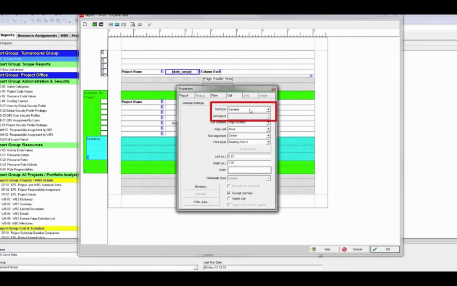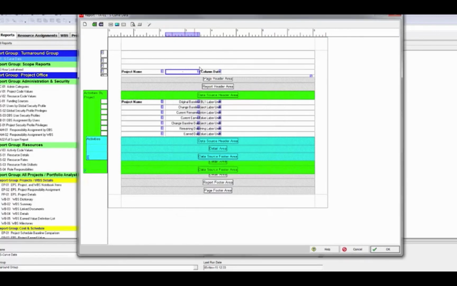Take the cell type field and change that to custom text. And then down here in the third field down, just put a dash or something. And what we've done is we've removed the timescale range and we've replaced that with a dash. Now when that comes over to Excel, Excel is going to treat that as a single cell now. It's not going to treat it as two cells. So if I were to print preview this now, you'd see that the timescale range has been removed, and we don't need that anyway. So we'll click OK